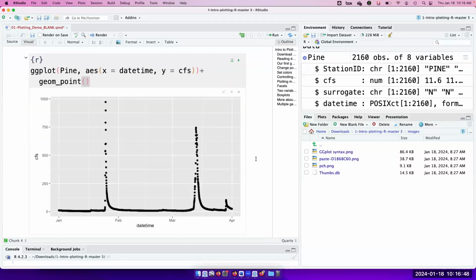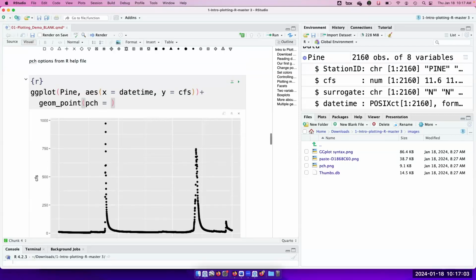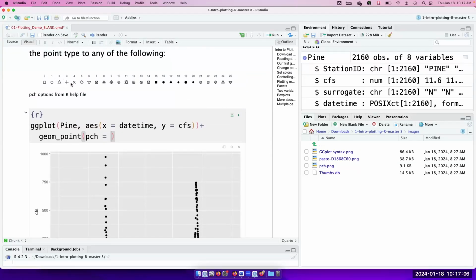We got it? So within those parentheses, we can add additional information to tweak stuff, right? In this case, there's an argument called PCH that'll change the point type. This is in the help files in R, from the par or plot option help file. It's a little buried, but the way I would look it up, honestly, is to go into Google and type, change point type in R,